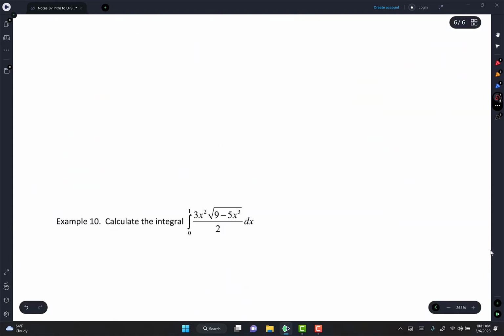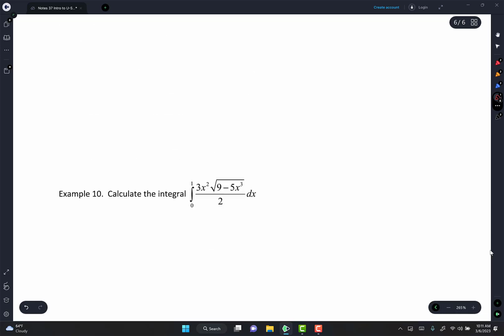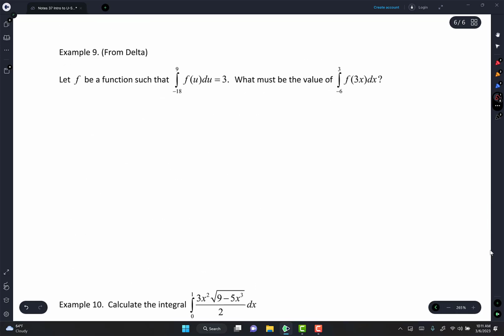Okay. So here we go. We're going to do, are these the last two? Okay. This is from Delta. This is what your first set is going to look like. And here's how your second set is going to look like from Delta. And then this is what you're going to practice today. And then we'll set you guys loose with quizzes in a little bit if we think you guys can